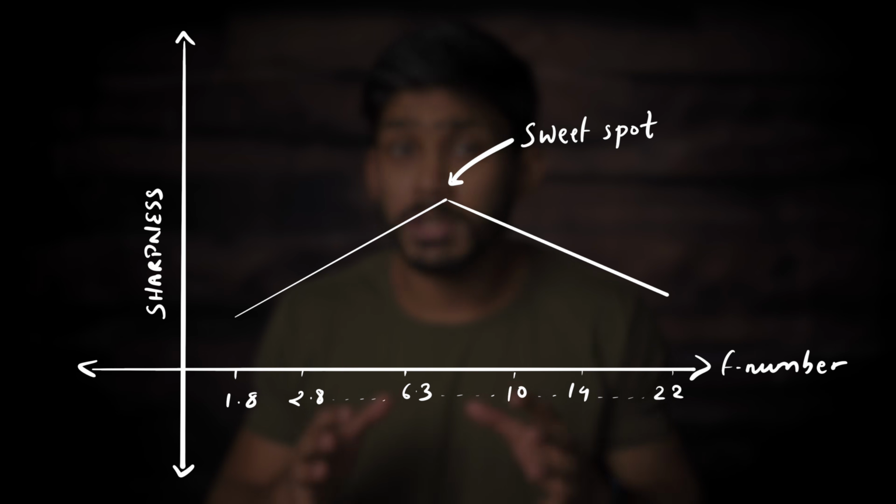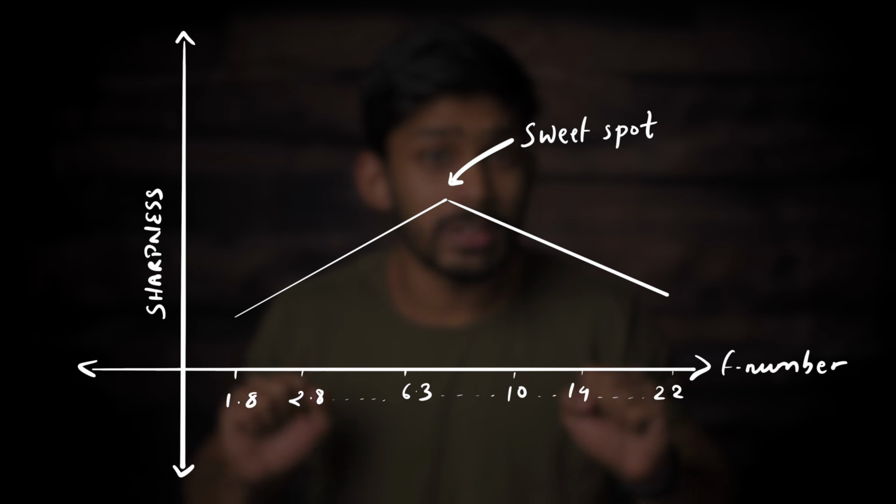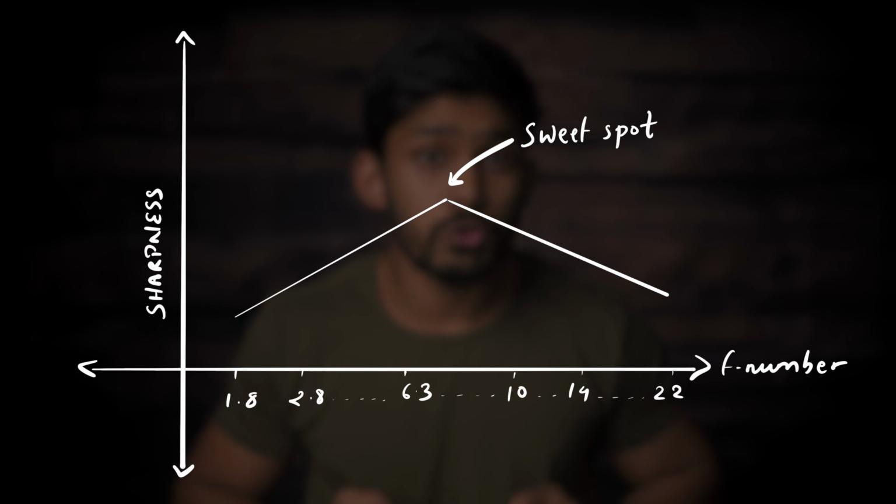First of all, before even understanding what hyperfocal distance is, let's understand the problem we are dealing with. When you focus on the background, it is sharp, but the foreground, which is closer to the camera, is not. And similarly, if you focus on the foreground, the background is not sharp. The obvious solution some might think of is to use a very small aperture, something like f22 or even smaller. Now, the solution is not ideal because after a certain point, known as the sweet spot of the lens, the sharpness of the lens starts to reduce.